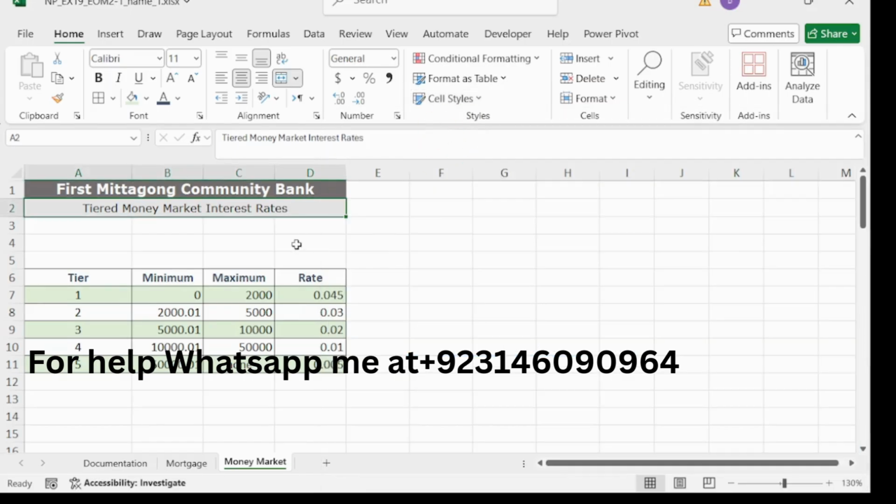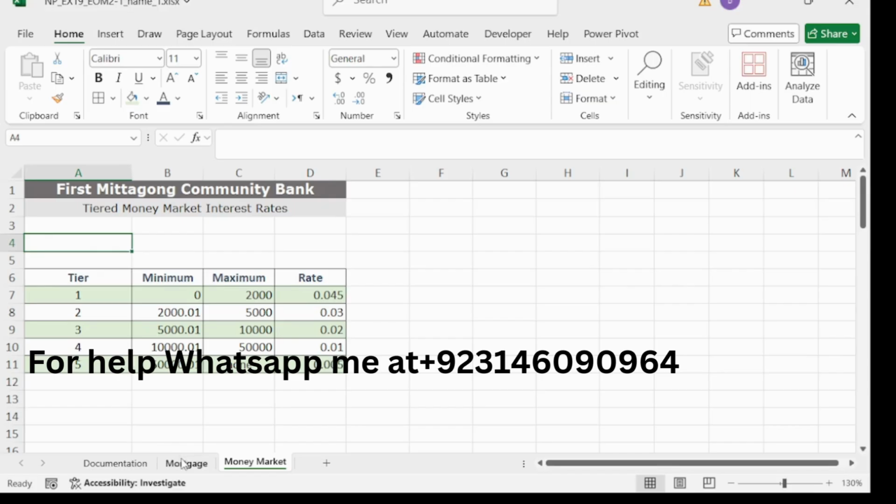So we have completed our 12th step, and our step number 13 is copy the content and formatting from the range A4 to B4 in the money market version, and then paste them into range A4 to B4.